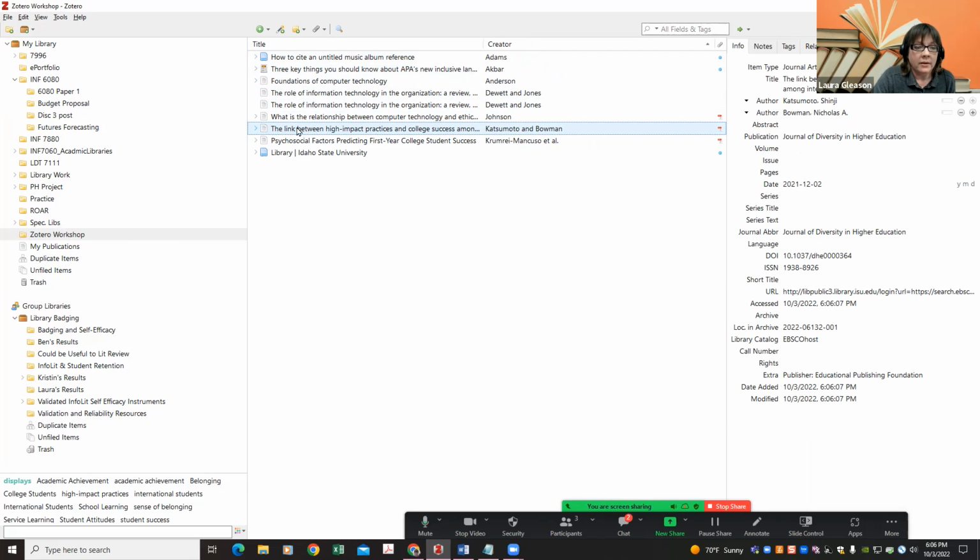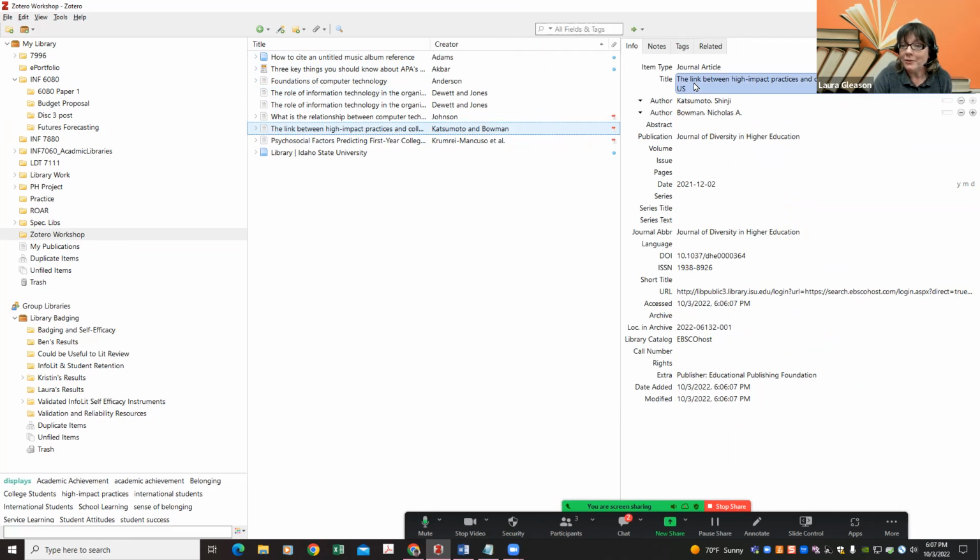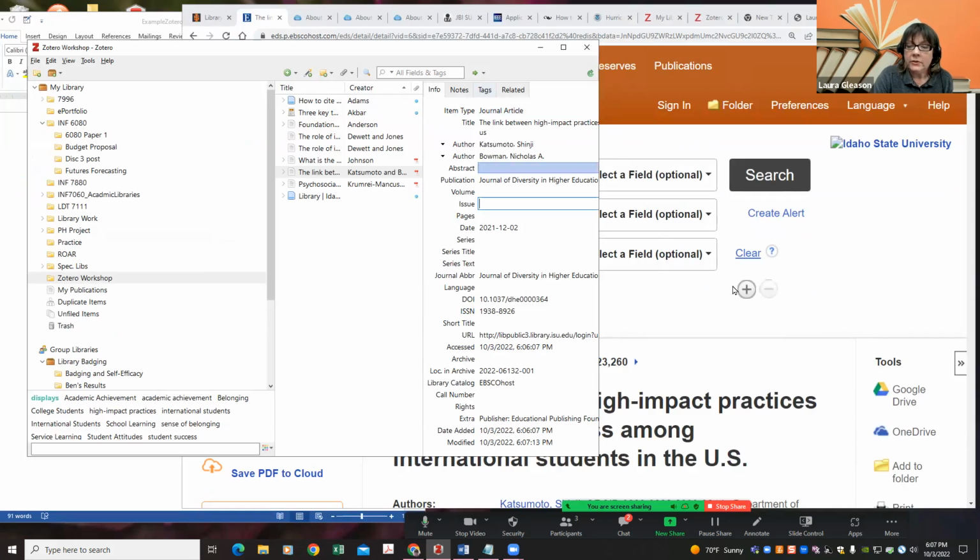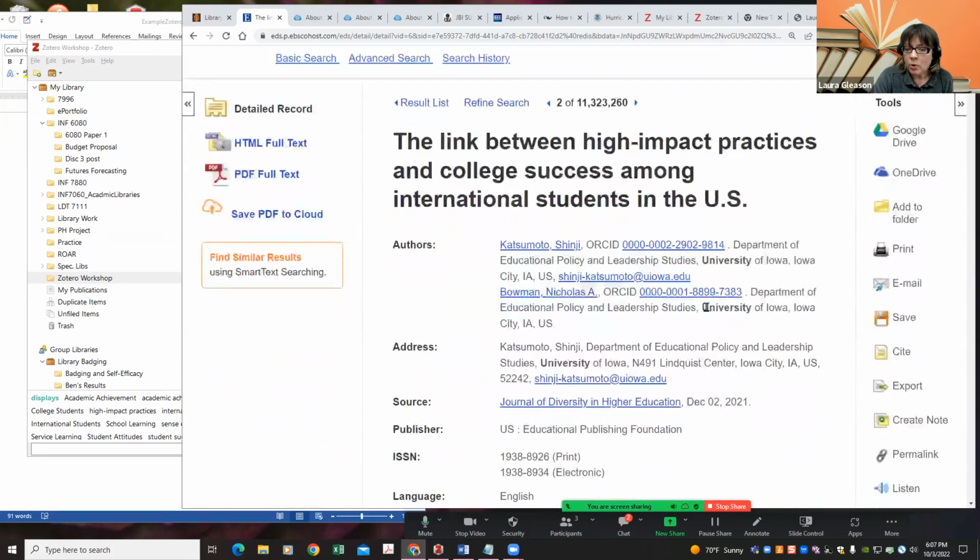Once you click on the item in this list, you can go over to the right-hand side and see all the different fields that would be in the citation. And I'm going to give you a little hint here. Your right click is your friend. So maybe this needs to be in title case instead of sentence case. But in this case, we want it in sentence case for APA. So I would make sure that your spelling is correct. You have the date that the DOI was pulled in. I noticed that the volume and issues are missing. It's not perfect, and there is not any one